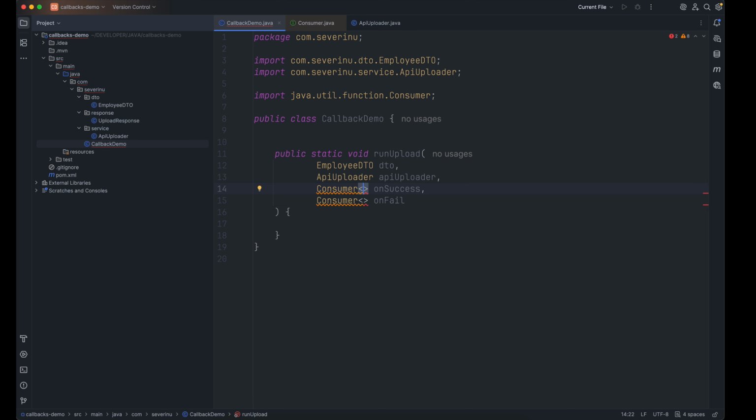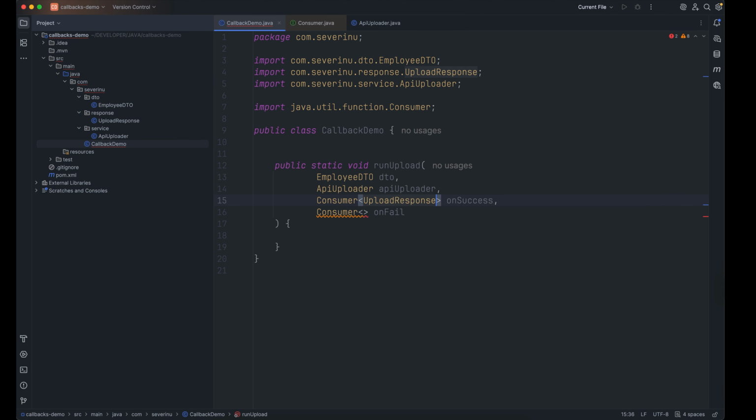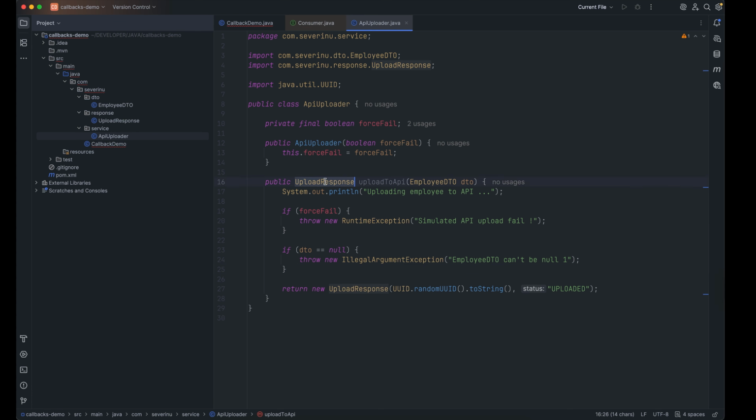For on success, for the happy path, the argument will be upload response, right? Because API uploader on the happy path is returning upload response, and on the unhappy path is throwing some exception,